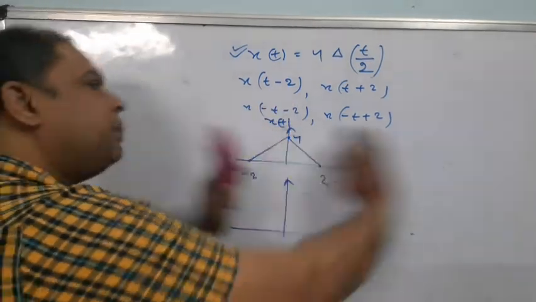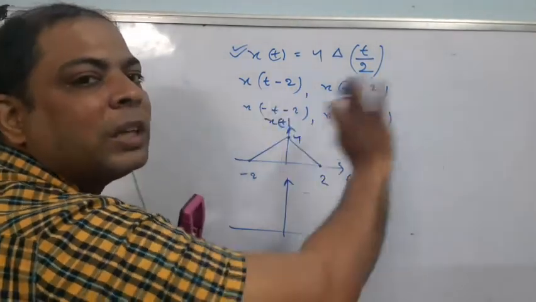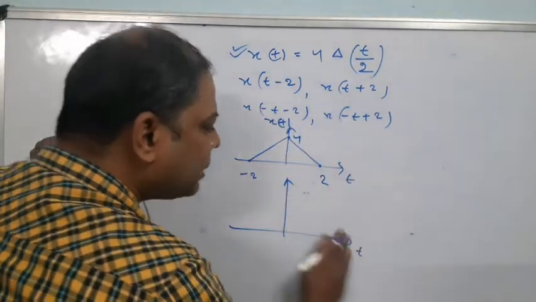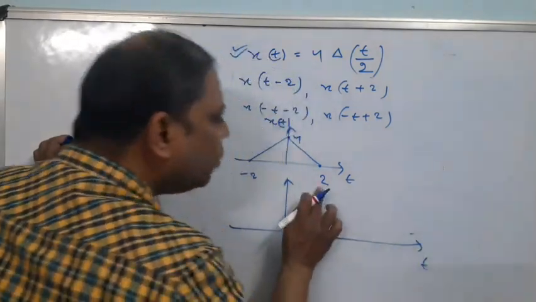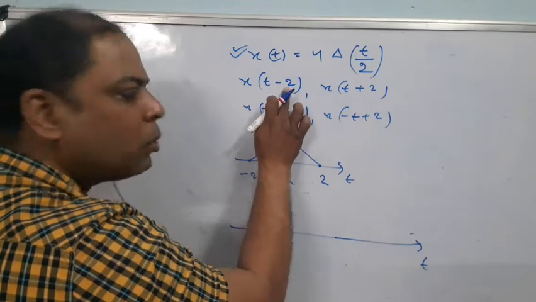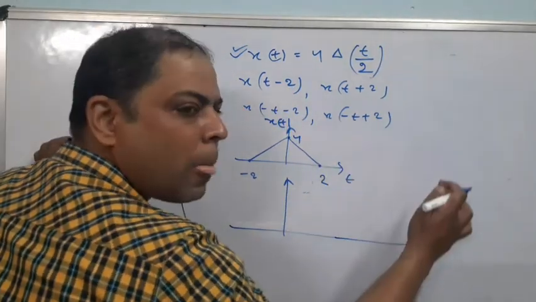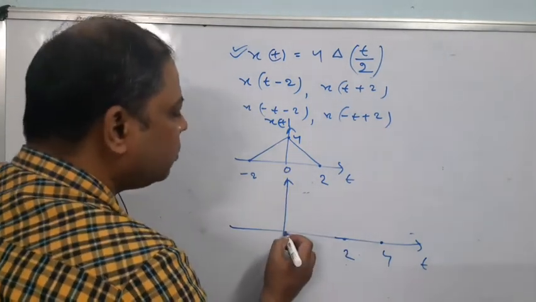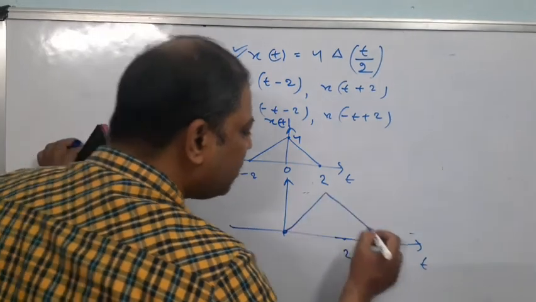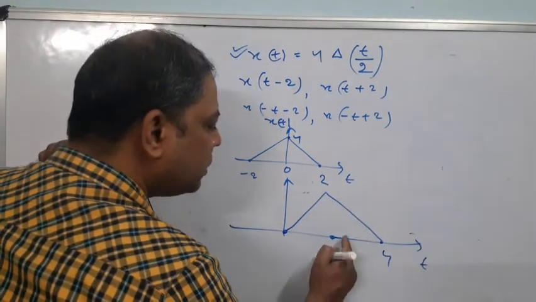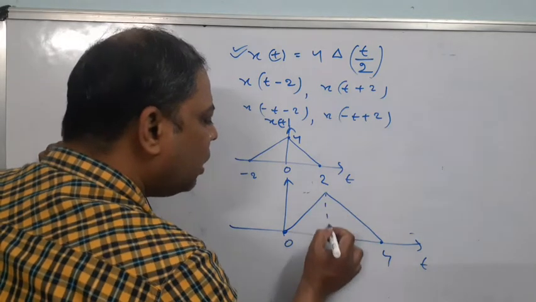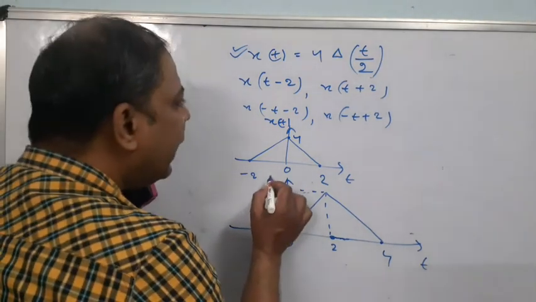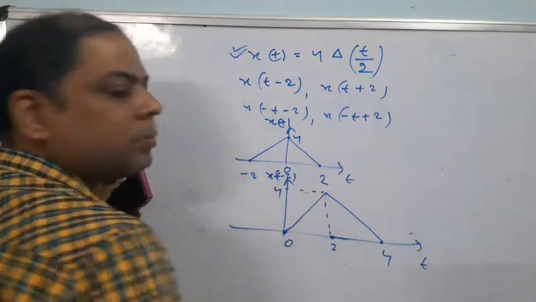The entire figure shifts by an amount of 2 towards the right, because minus sign is there. Minus sign in general means right shifting operation. Right shifting, what do you have to do? 2 amount right shifting means plus 2. 2 plus 2, 4. 0 plus 2, here it is 2. Minus 2 plus 2, here it is 0. That means the signal becomes this, here 0, here 2, and the height, whatever it was, this is 4. There is no problem. Now this is your x of t minus 2, understood?